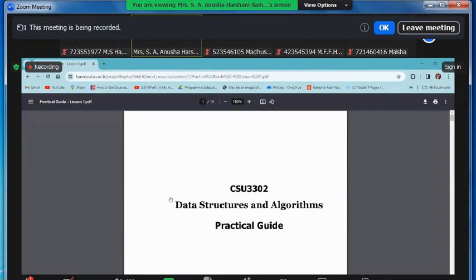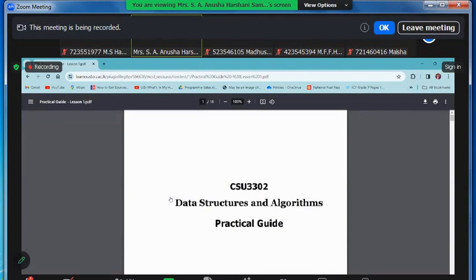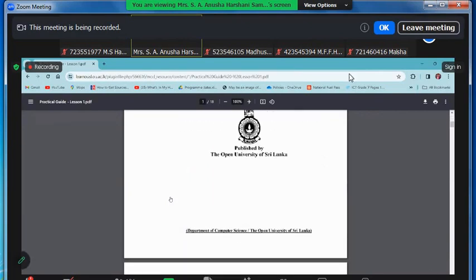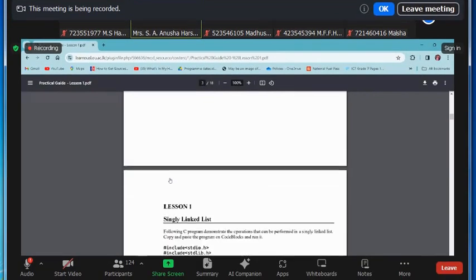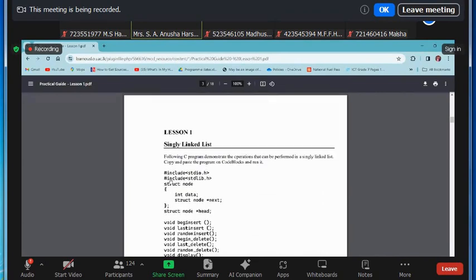So this is the document you can see there. In this practical guide, today, first we are going to discuss the today's first lesson that is related to singly linked list. So my dear students, a C program has been given in this document. That program is demonstrating the operations that can be performed in the singly linked list. So you are asked to copy and paste this